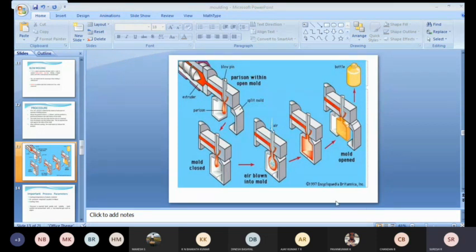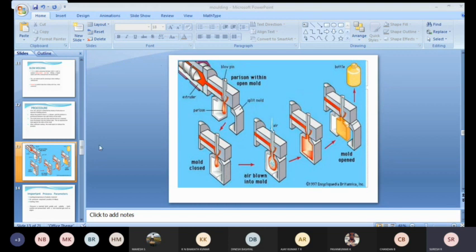So these are some of the advantages and the disadvantages. The main disadvantage is that it is limited to hollow parts. Only hollow parts can be made in this particular machine, and thick parts cannot be manufactured here. So these are the disadvantages, and these are some of the advantages of the blow molding process, and